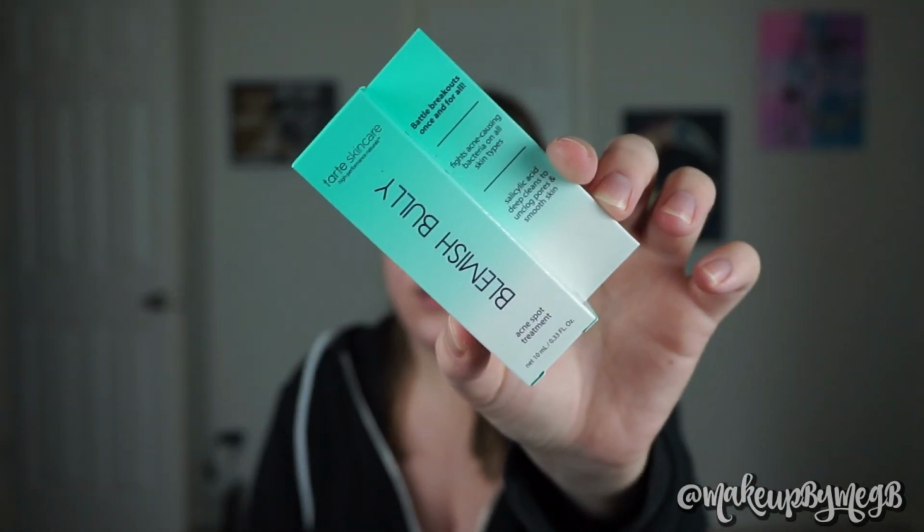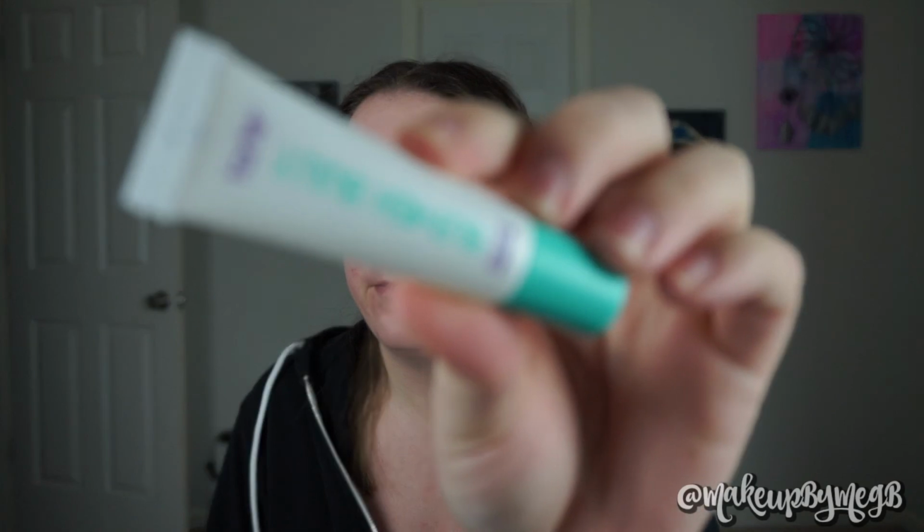So one thing that I'm really interested in trying is this blemish bully. Basically this is just supposed to be a spot treatment for acne, and as you guys can tell, I am breaking out pretty bad. This guy over here is crazy. And I've used it last night, and I also used it this morning. Basically, it just has salicylic acid in it, which is going to help dry things up. I've used similar products to this before in the past, and you just take a thin layer, apply it over to the spot, it kind of dries, and it'll help dry out and shrink it,